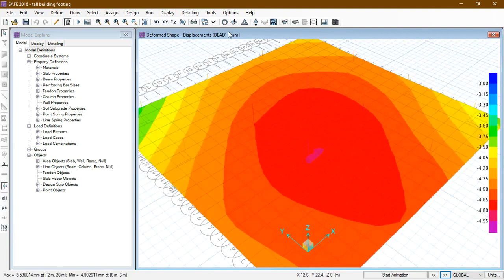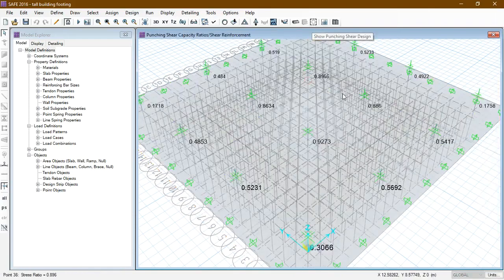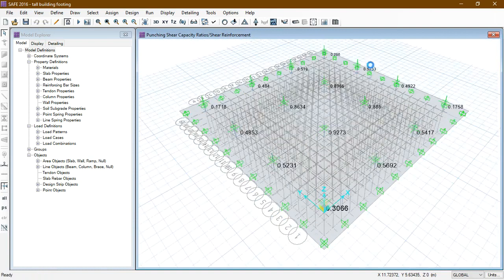Now we can see the punching shear values. We can see all the values are less than 1, which means shear does not exceed the capacity, then it's ready for construction.